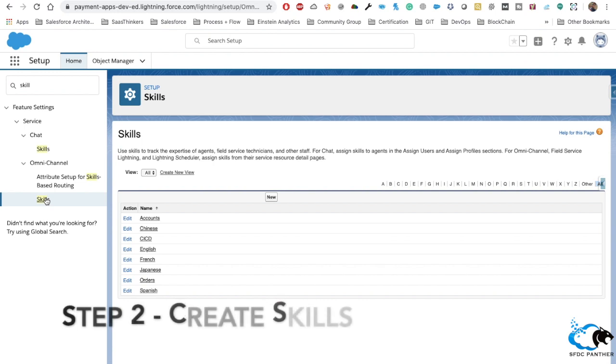Let's take an example. Suppose there are multiple representatives and you are selling your product across the world. Across the world means there will be different languages like Chinese, Japanese, American English, and some other languages like French and Spanish. These are the different languages that you might want to train your sales representatives or your service representatives on.